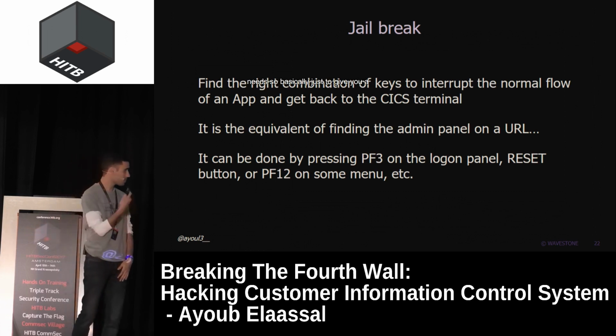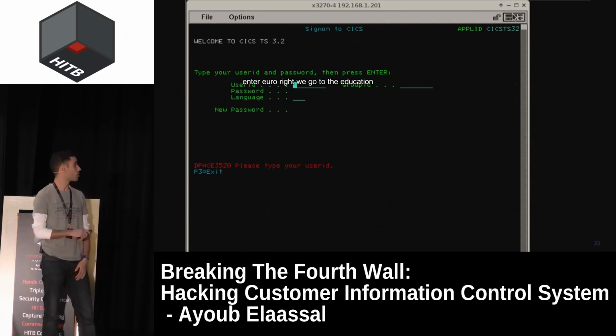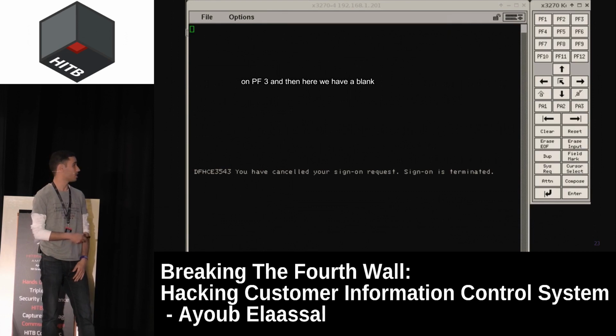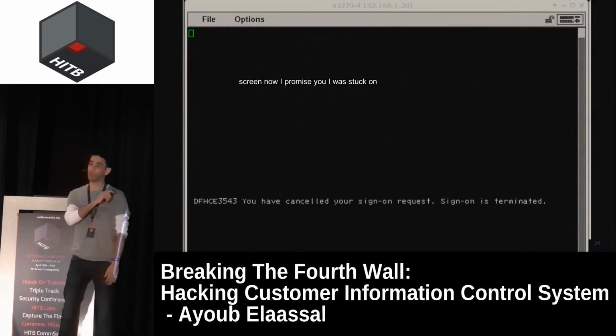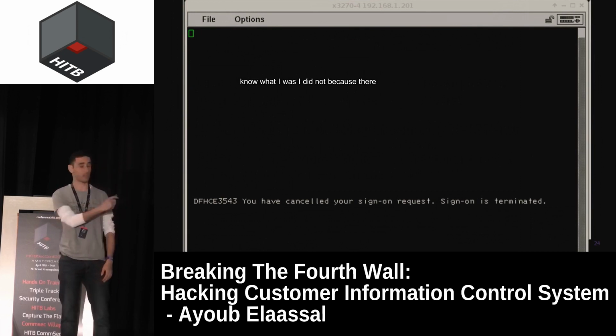So basically, just to give you a quick example, here we enter Euro. We go to the authentication, and instead of authenticating, we press PF3. And then here we have a blank screen. Now, I promise you I was stuck on this blank screen for a few hours, even I think a whole day. I did not know what I was